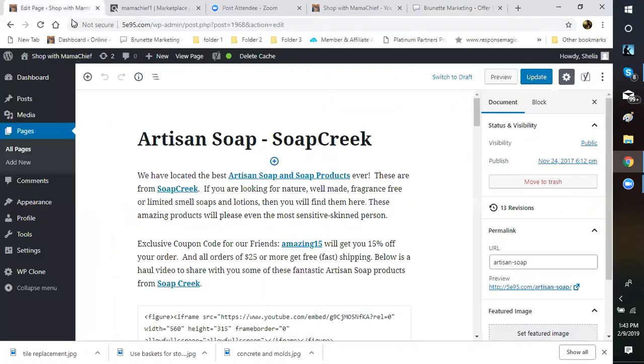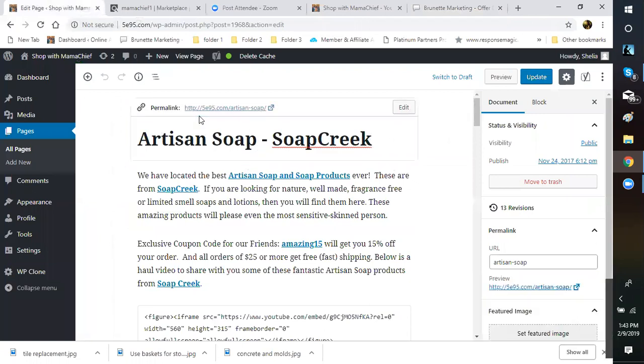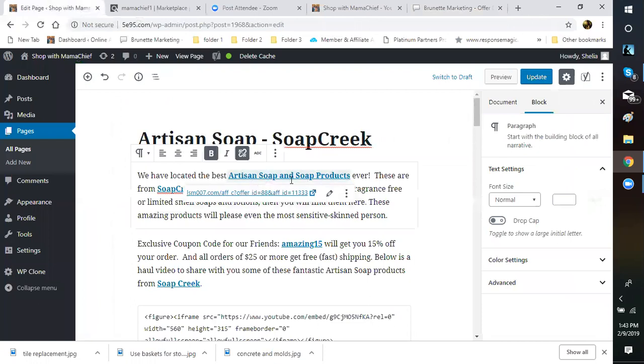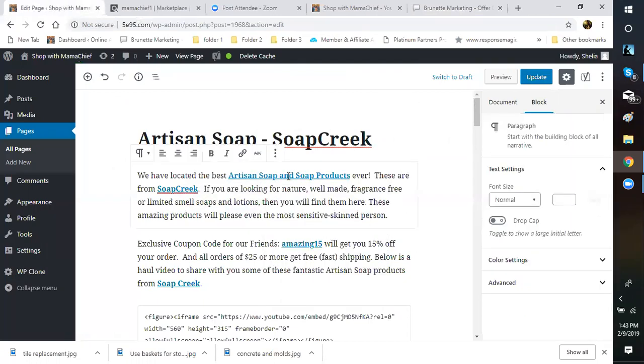Then we're going to go back to our web page here. You cannot do anything with this, so you don't want to change that, other than if you want to edit your permalink, you can. I don't suggest you do that because it's usually pretty good. But then you're going to go to your first block, okay? You're going to go to your 3 dots, and if it has not been converted, it will say convert to blocks. Mine's already been converted, so I don't need to convert it. Then you're going to come to your first